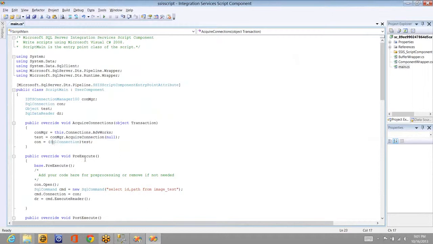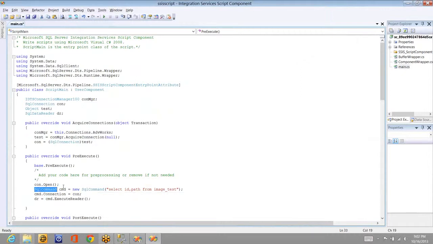Why? Because I can use SqlConnection in my script component. And as part of pre-execute, now I have the connection. I'm opening the connection here. That means I'm opening the gates to connect to the SQL Server, whatever the connection string we have defined in this AdventureWorks connection outside.